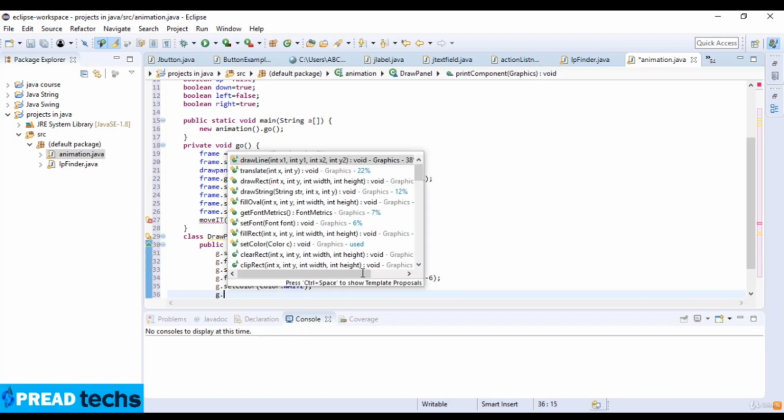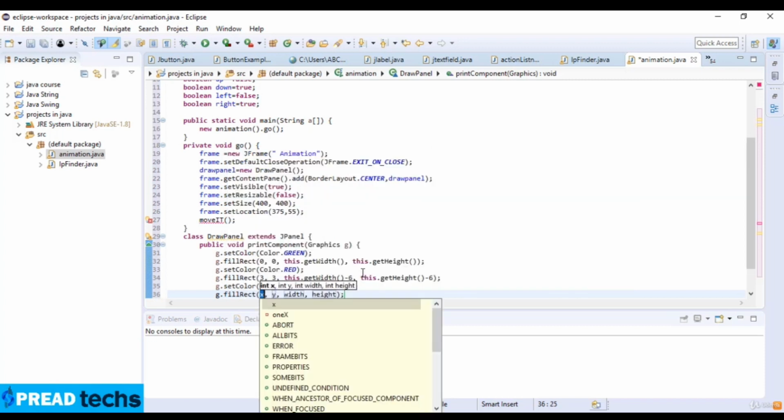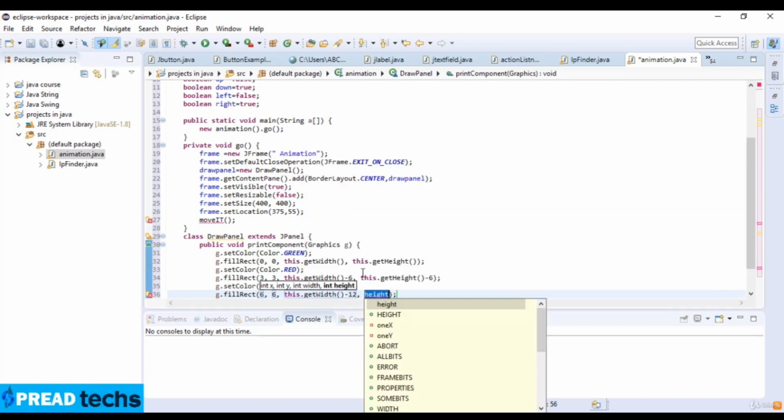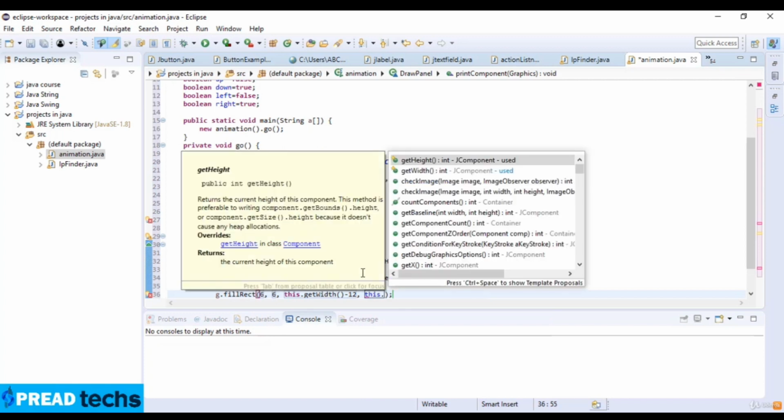Okay, now g.fillRect, and the rect here is 6, 6, and this.getWidth, which is -12,